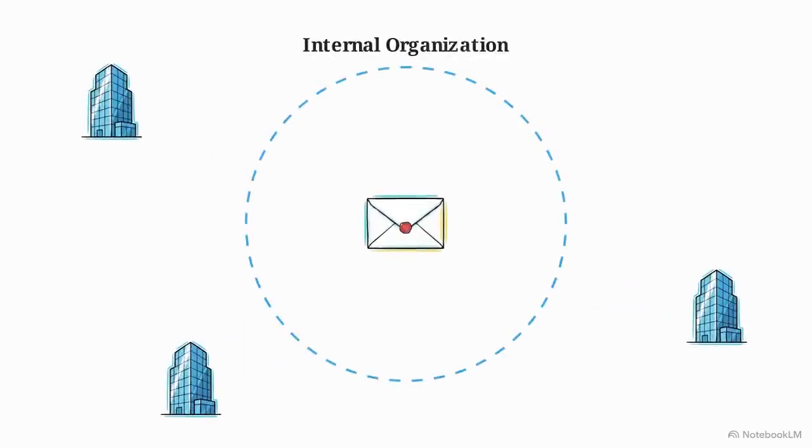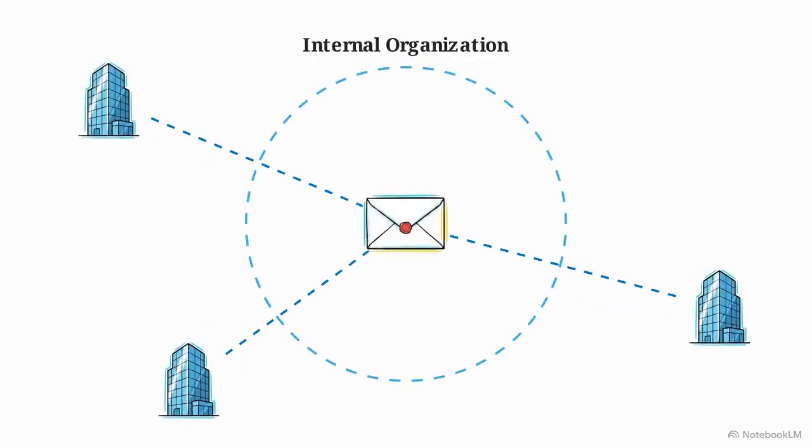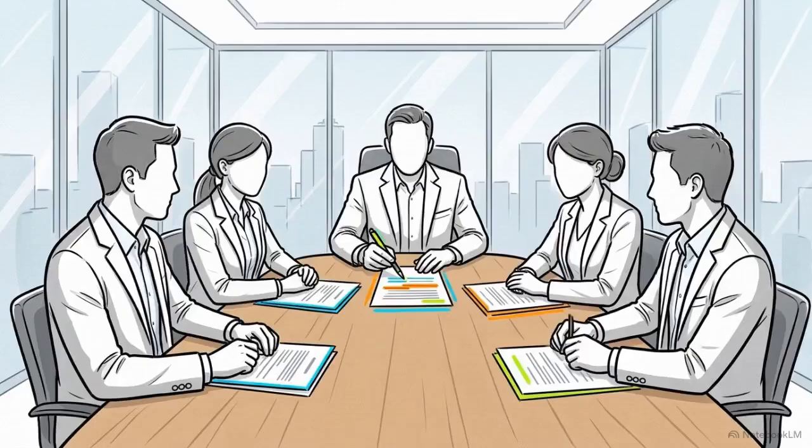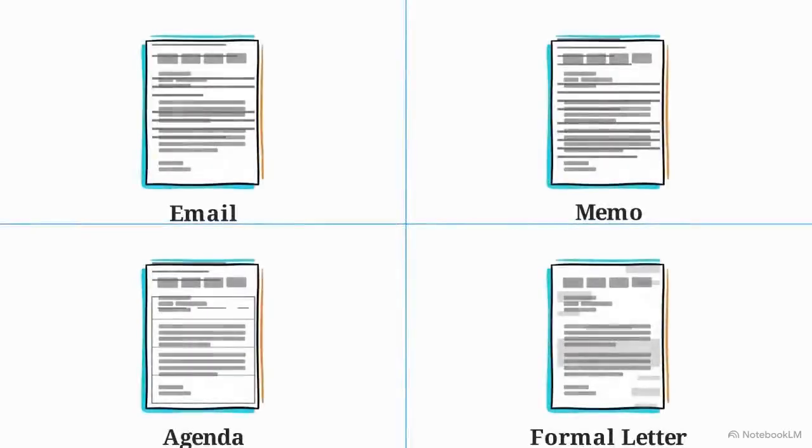If you are contacting an outside client or sending a resume, an email is appropriate. But if you are updating your internal colleagues on a new company policy, you generate a memo. If you bring those colleagues together in a conference room, an agenda ensures you manage their time and resources effectively. You can see how their visual layouts instantly communicate their purpose: the clean header of an email, the block style of a memo, the structured tables of an agenda, and the rigid 9-part layout of a formal letter.